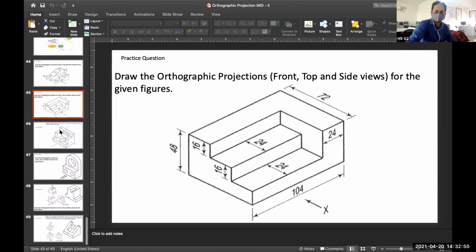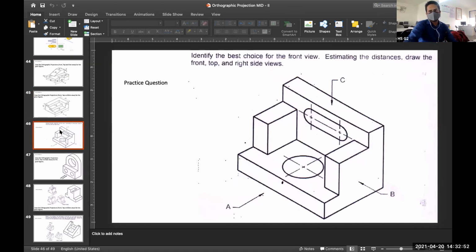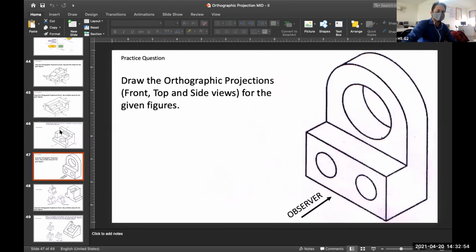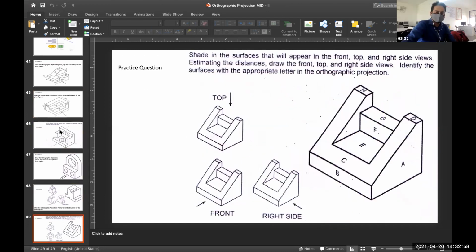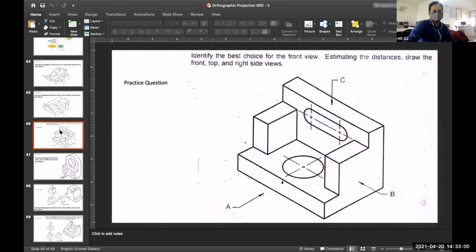So these 3 or 4 questions I will leave for you as an assignment. I will post this PowerPoint presentation in your Canvas so that you will be able to practice these things, how to draw its front view and how to draw its top view.